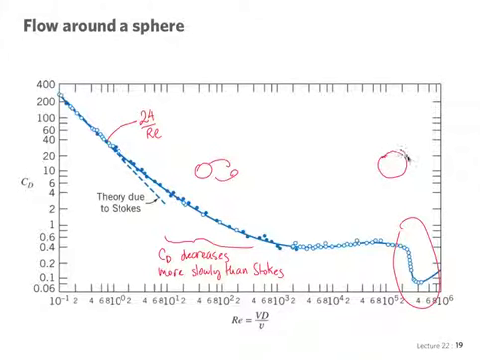So the separation point moves a little further to the back, and you get a more compact wake, and this reduces considerably the drag. This is sometimes called the drag crisis. It suddenly drops, and this is the spot where you want to perhaps work your sports balls, right? This is the effect of